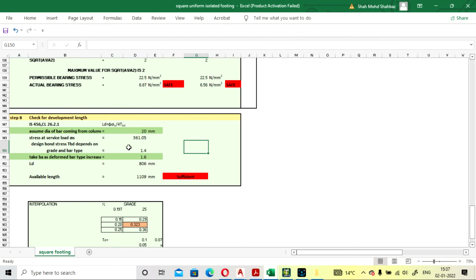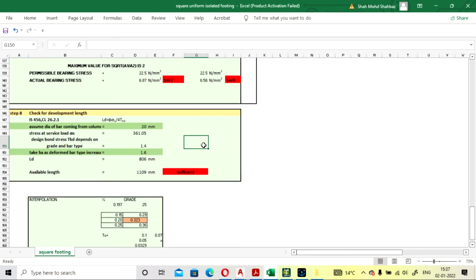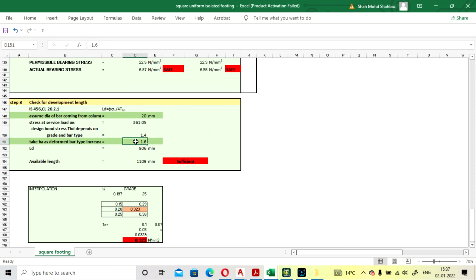Your design bond stress is calculated depending on the grade of your concrete, and this will be taken as per your deformed bar condition. So for HYSD it is taken as 1.6. You can change it if you are going with mild steel also. So LD calculated for this is 806.